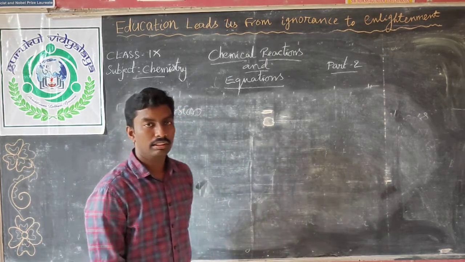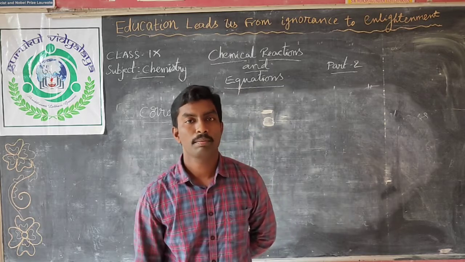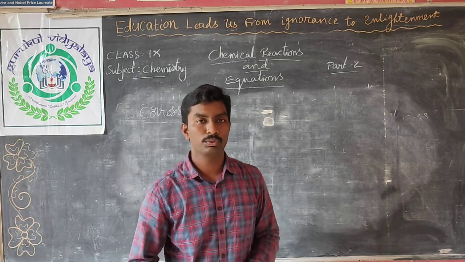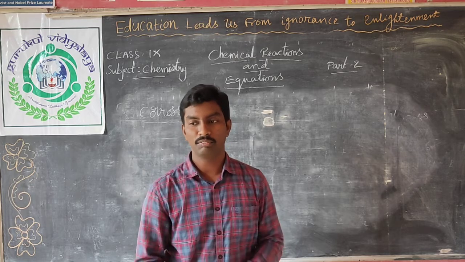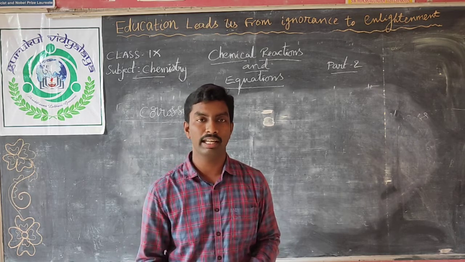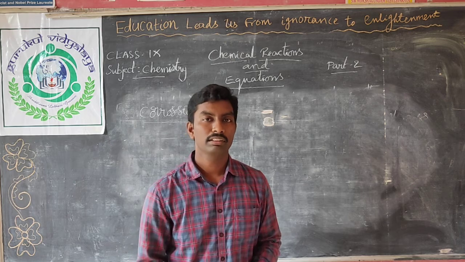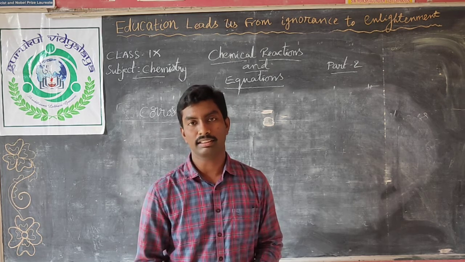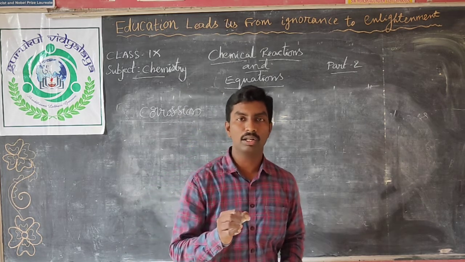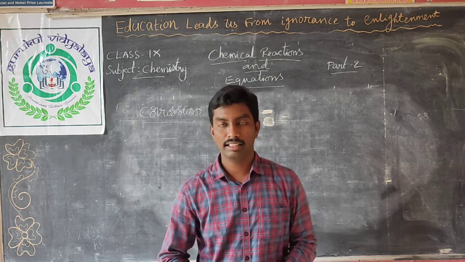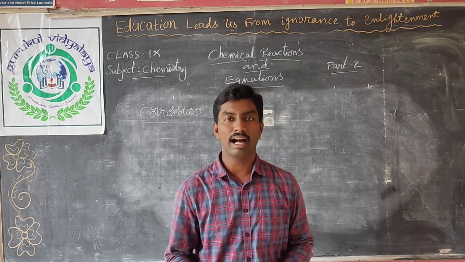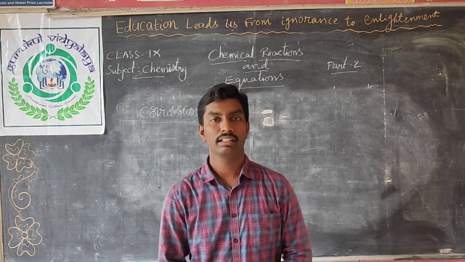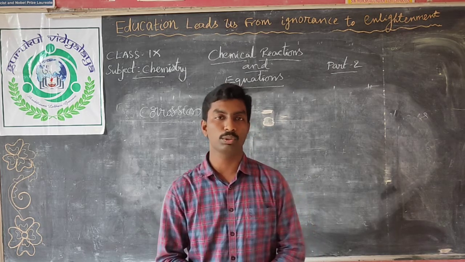Corrosion. Do you know what we mean by corrosion? For example, if you take a piece of metallic iron and it is exposed to water and air, then what will happen? It will get rusted. That means iron is oxidized here, and we can see it as corroded. Not only iron, other metals also will be corroded. That process is called corrosion.